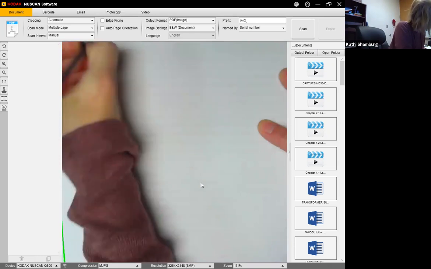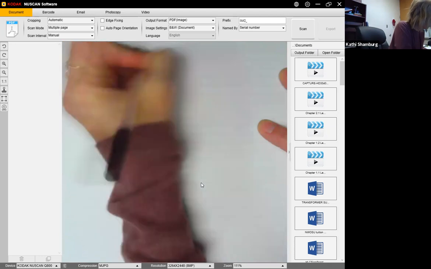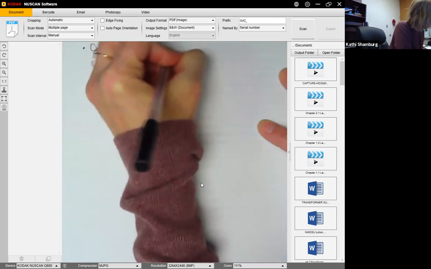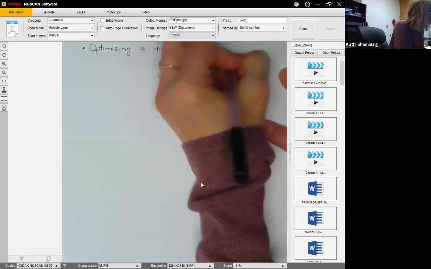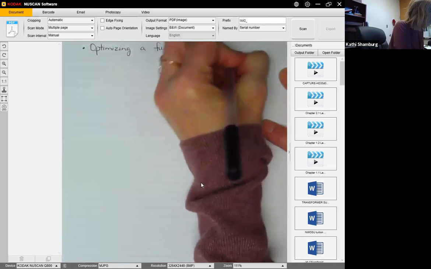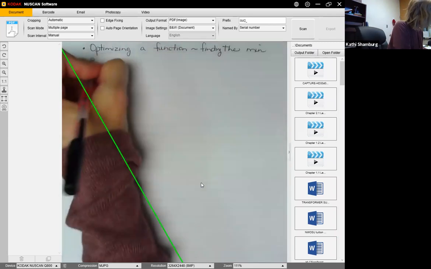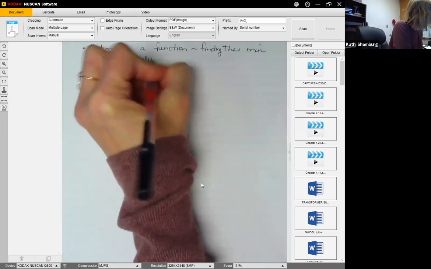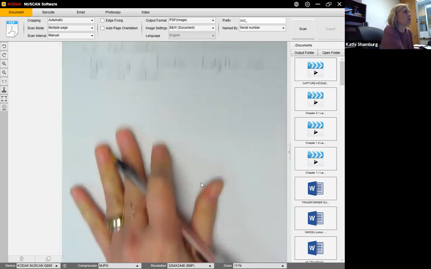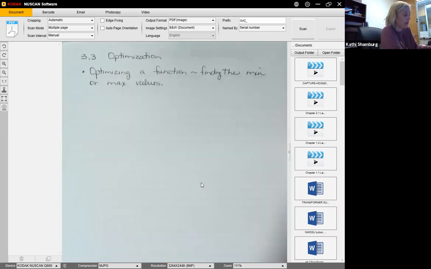And what we're going to be looking at is optimizing a function, and what this is, is finding the minimum or maximum values. Now we've done relative minimum and relative maximum, and we'll still be applying that, but we're going to go one step